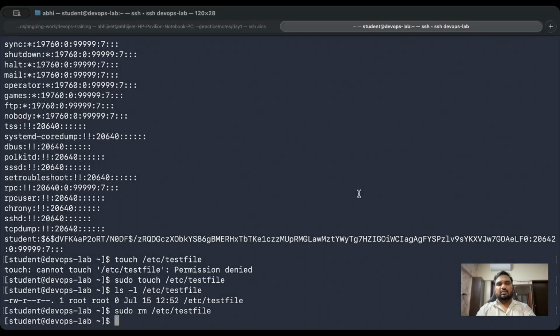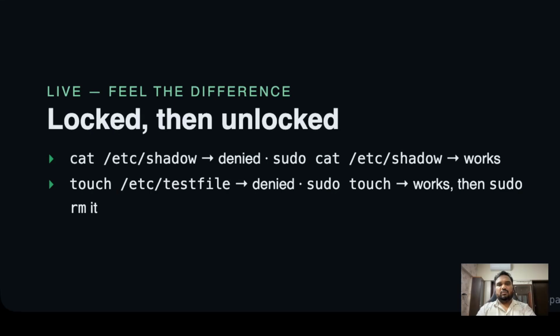Now let's immediately clean up. So here, as you observed, I used sudo rm on the test file. Whenever you run any command, in your mind, narrate each of those before you run it. That sudo is something that we are running using root, and rm is something that is permanent. We do not have an undo there.